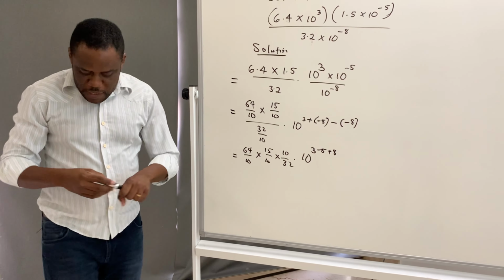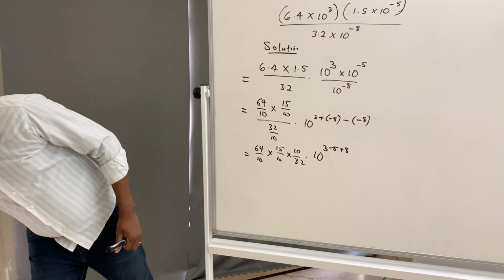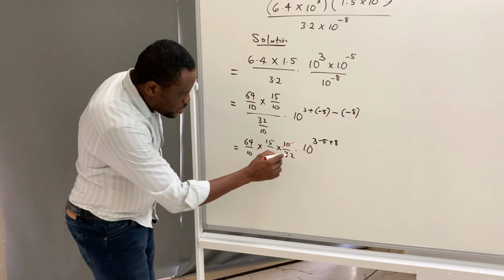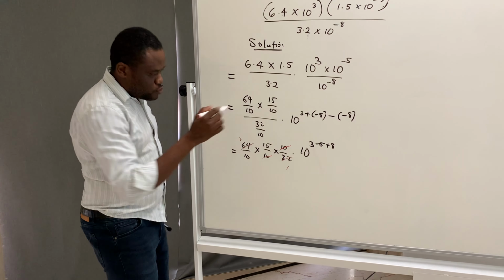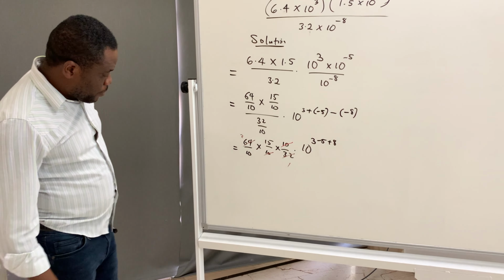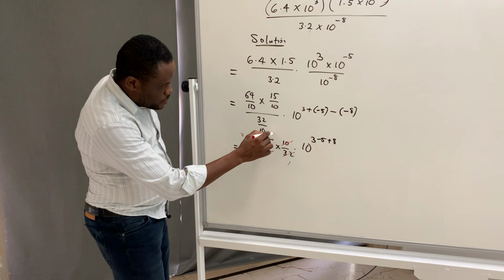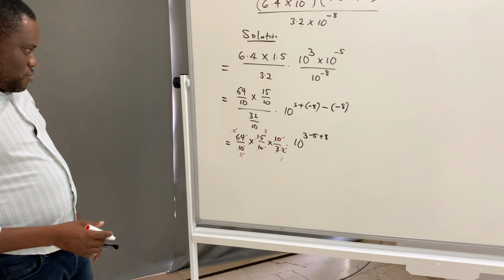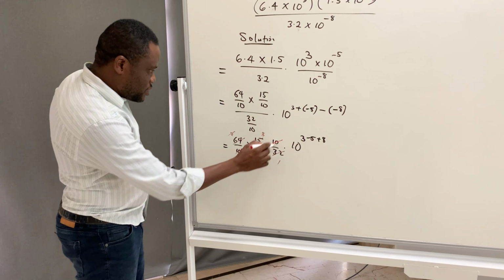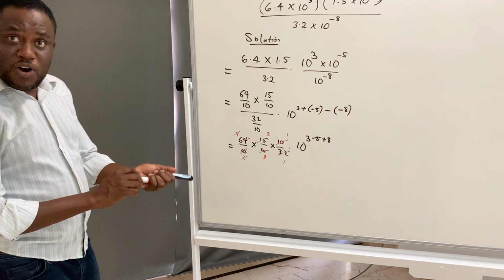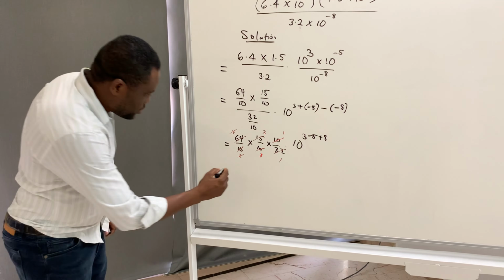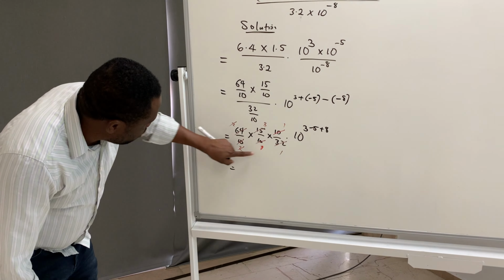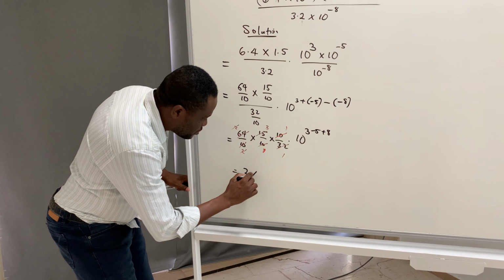Right? Now let me take my scissors and try to cut it. This 10 cancels this 10. 32 here is 1, 32 here is 2. Good. 5 goes here 3, 5 goes here 2. This 2 cancels this 2. Wow! We have cut. This is 1 here, this is 1 here. So everything is almost gone. You see, that's how you can solve it without a calculator. What is left? This is gone. 3. This is 1, this is 1, 1, 1. So we have 3 times